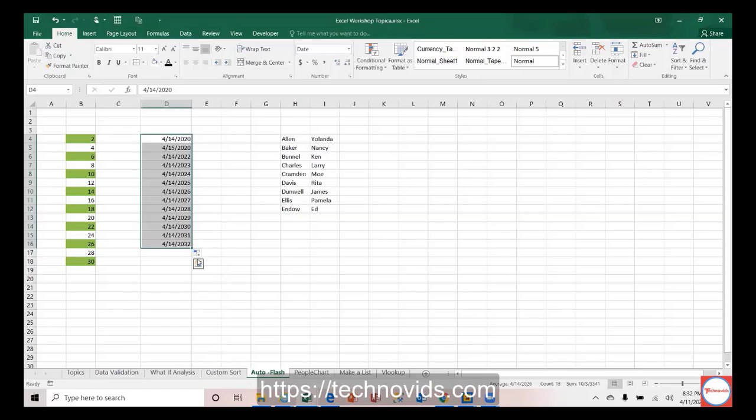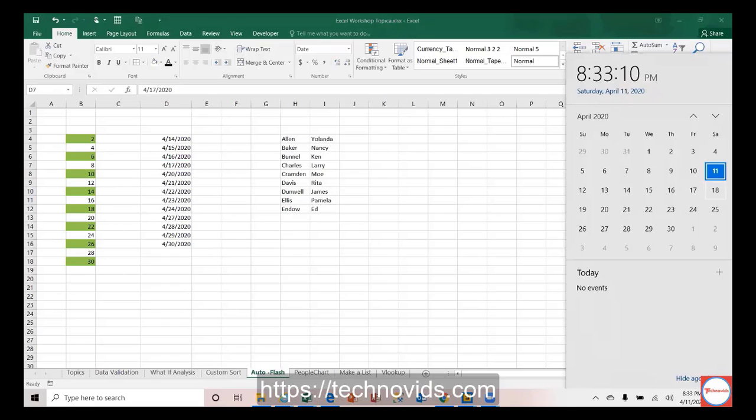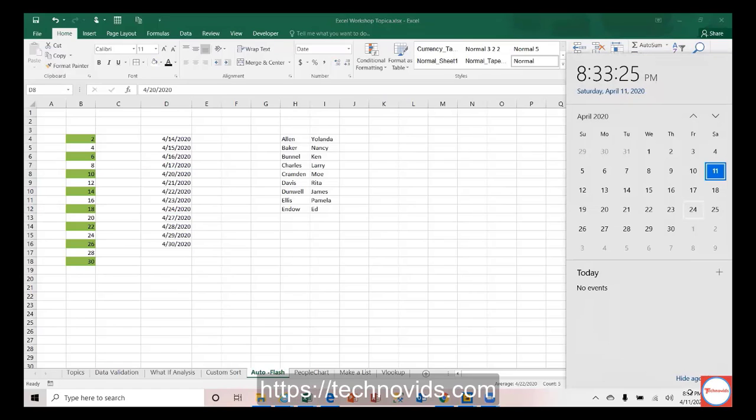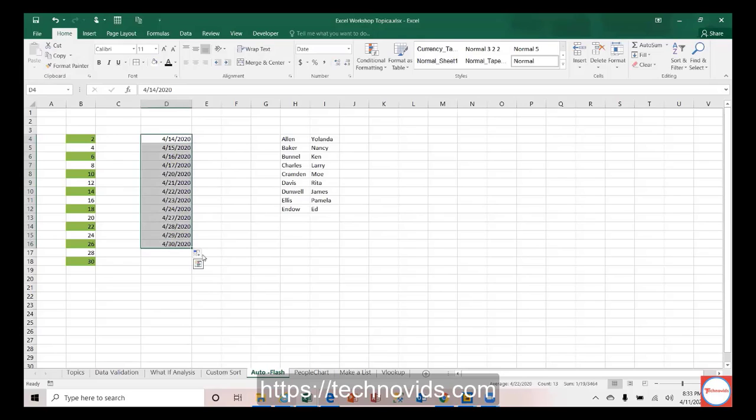If you go back again, you can always fill days. Let us see again, fill the weekdays. If you can see here, after 17 there is a gap. 18 and 19 are gone because 18 and 19 are the weekends. Similarly, till the 24th it is filled, and after the 24th you can notice 25th and 26th are the weekend, so that is missing. So this is what fill weekdays does. There are a lot of options here. This option is called autofill.